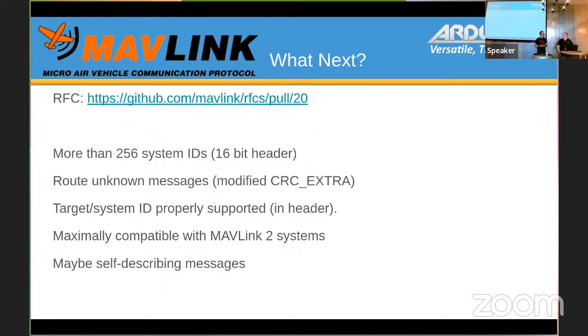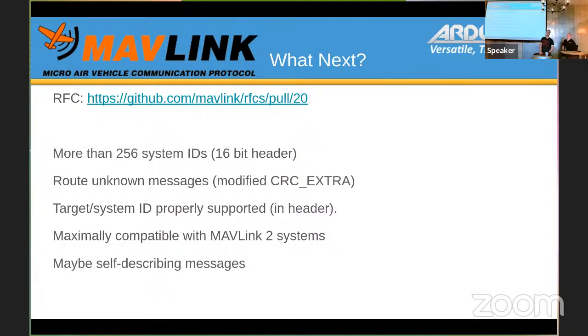Right, RFCs. I can introduce this one. This is a Tridge RFC, and it solves very cleverly a couple of problems or problem points with MAVLink in a mostly compatible way. As it says up there, it allows more than the 255 vehicles.